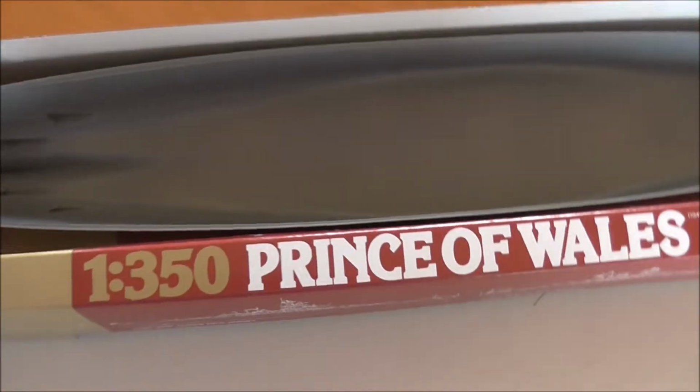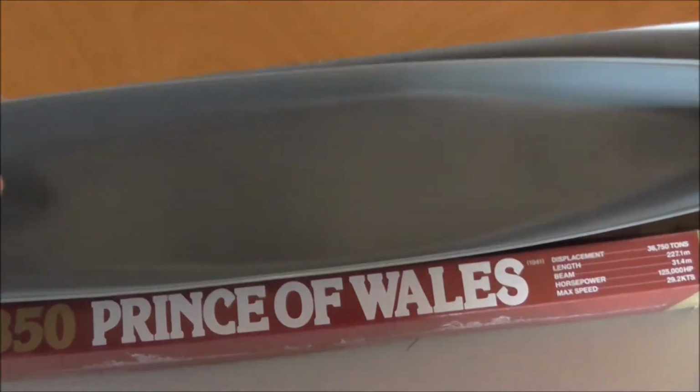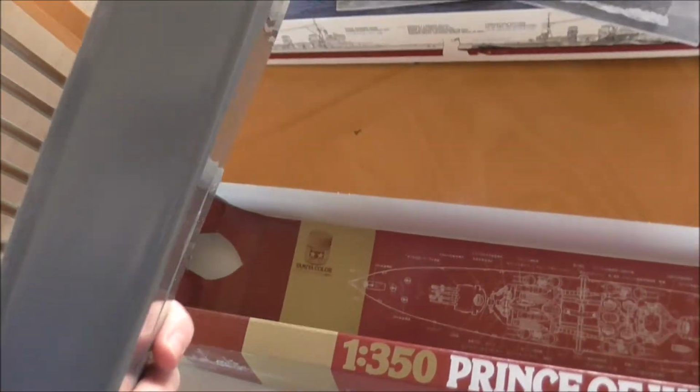Anyway, and here is her hull. Oh God, I think I might have to put the camera down for this. But this is what I love about Tamiya. This is why I got Tamiya, because of the hull. The hull is one whole piece. Oh my God! Wow,